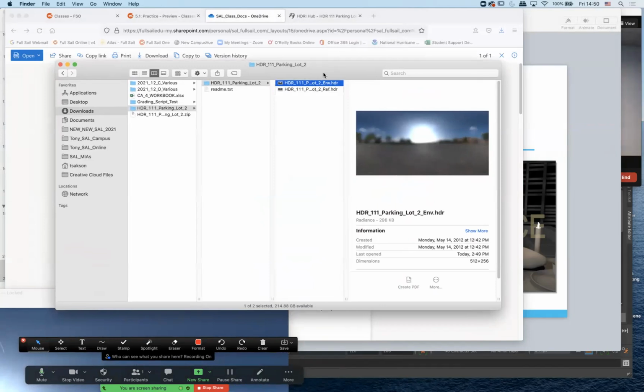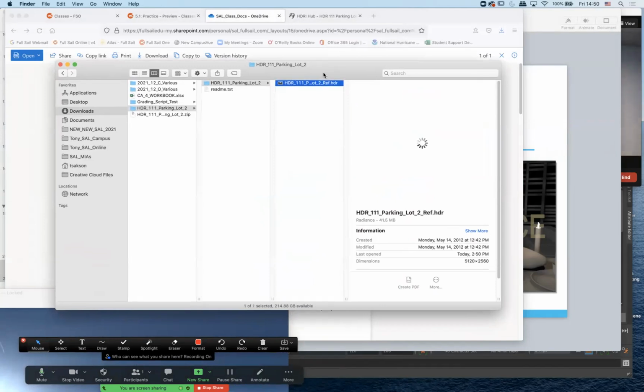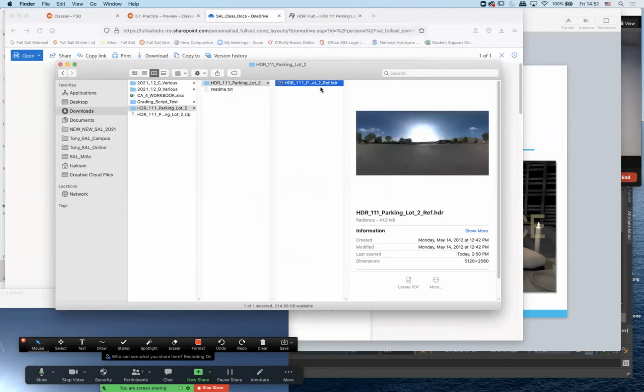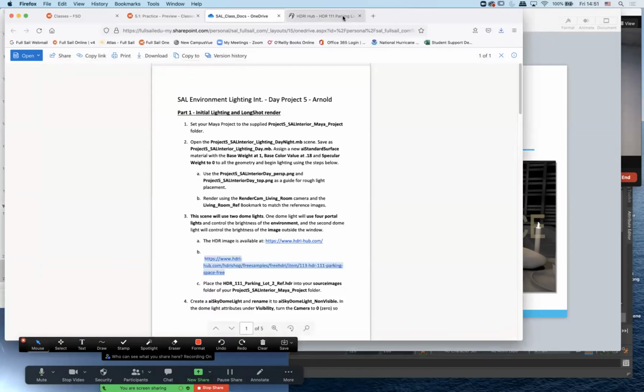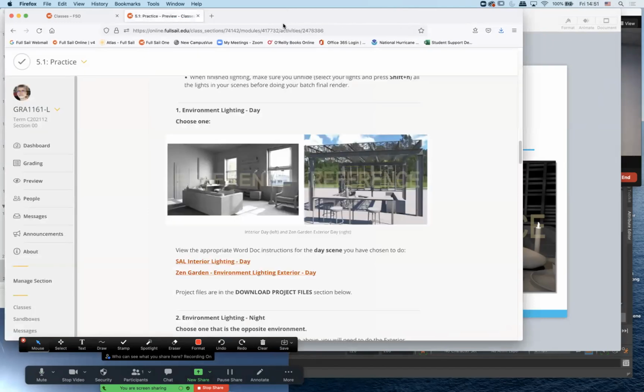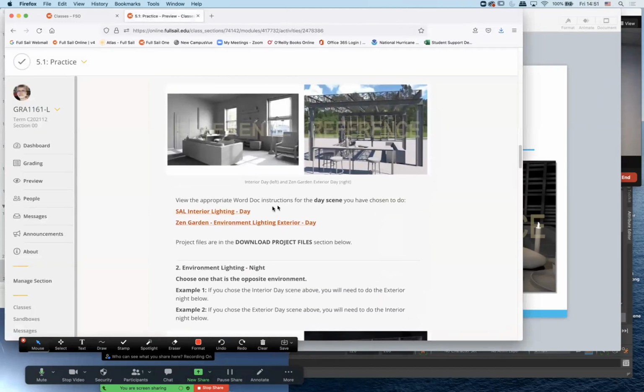So get rid of the blurry little one. And this is the one you want to keep. If you're doing the interior day, that is your dome light to use in that environment. Now, if you choose to do the exterior day,